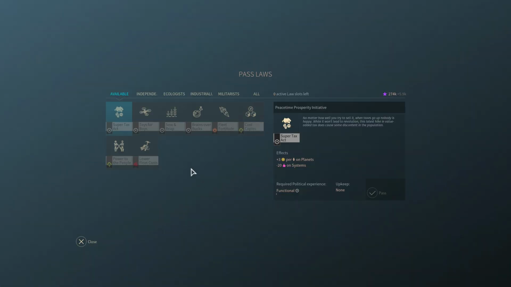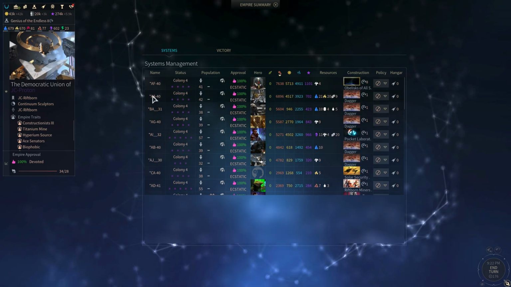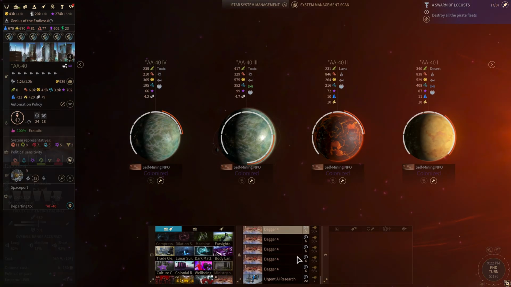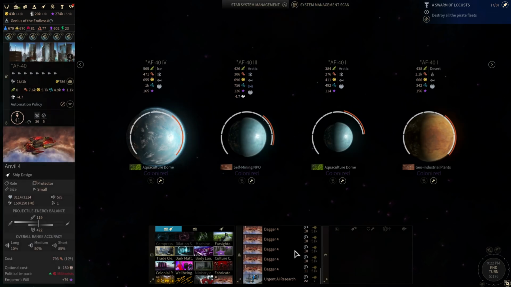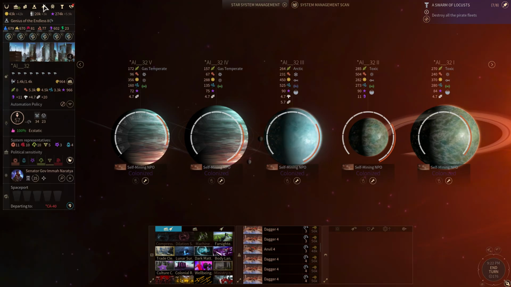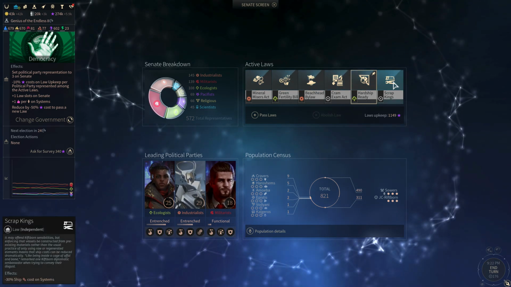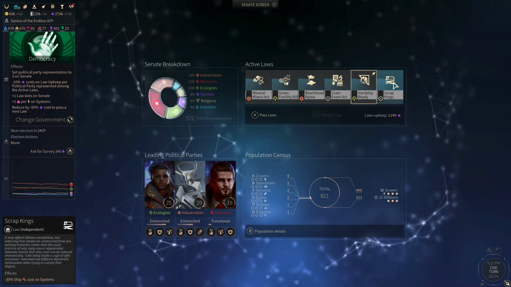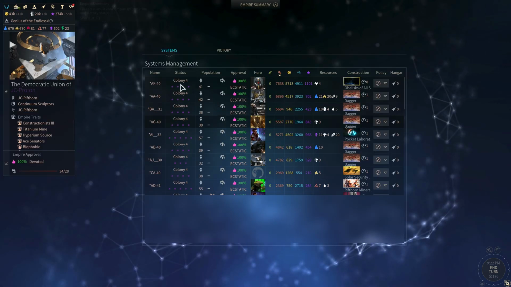I was running Brains Over Bucks, and since I'm rapidly cranking out a whole bunch of fleet, let me show you. I've got some systems that are cranking out a bunch of fleet here. I've got about 6 or 7 systems that are really pumping them. I decided to go ahead and pass the Scrap Kings 30% ship cost reduction, just to crank those out faster. And then after I've gotten those 300 ships knocked out roughly, I'll switch all those systems over to